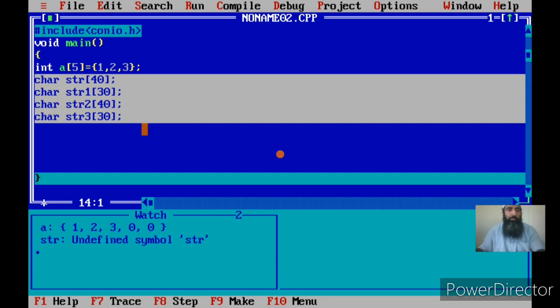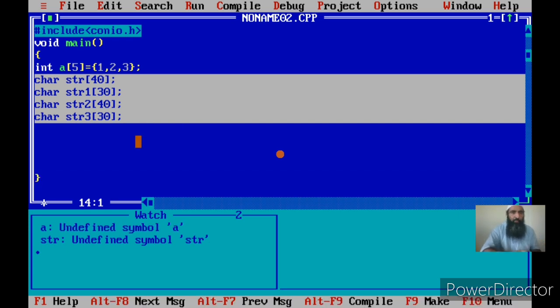My point here is that we can initialize the array at the point of declaration to a lesser number of values than the size of the array. It will not lead to errors.